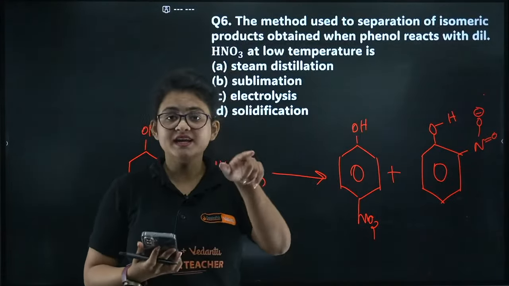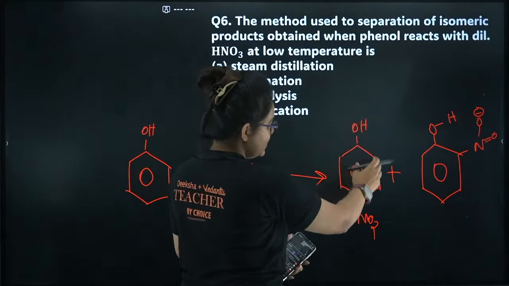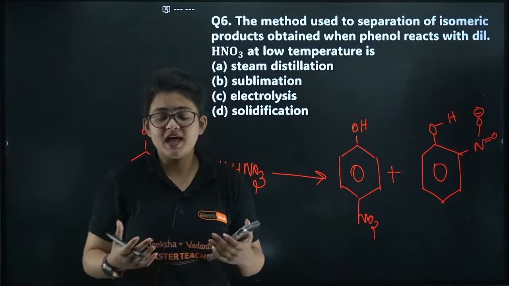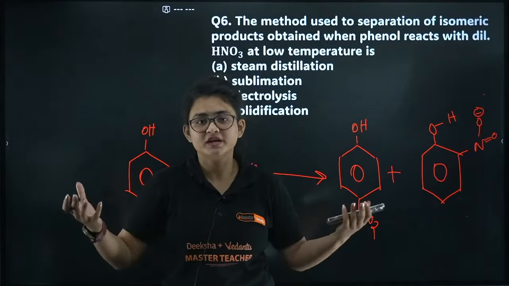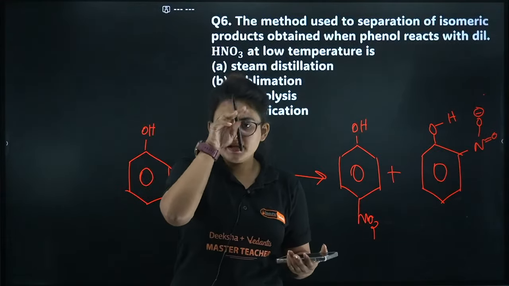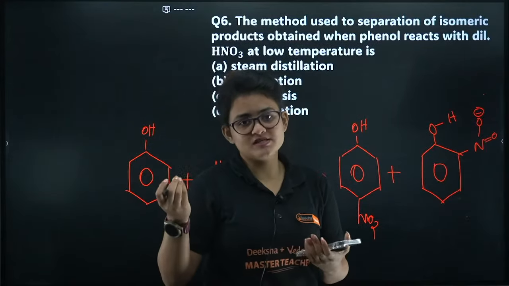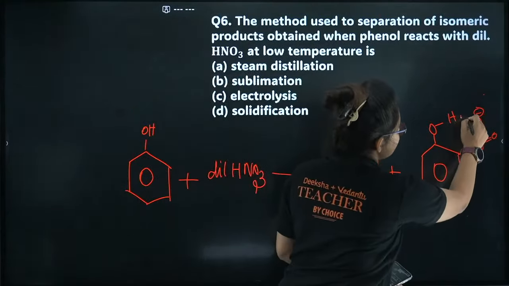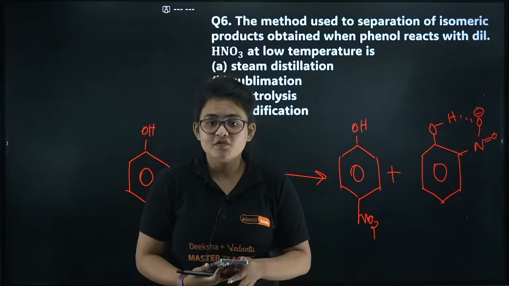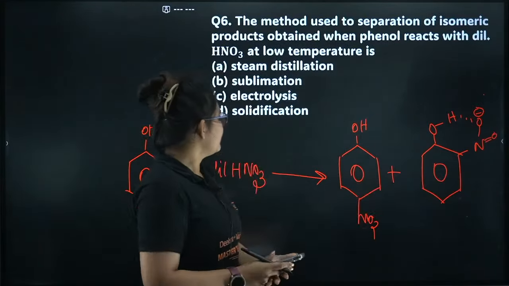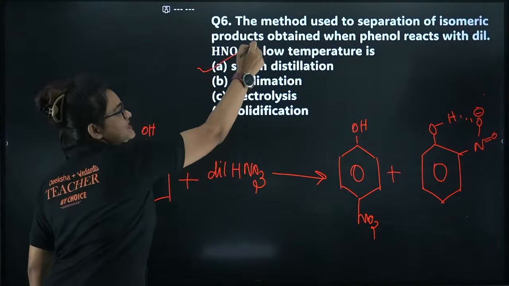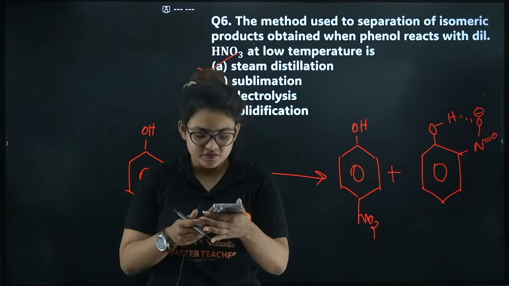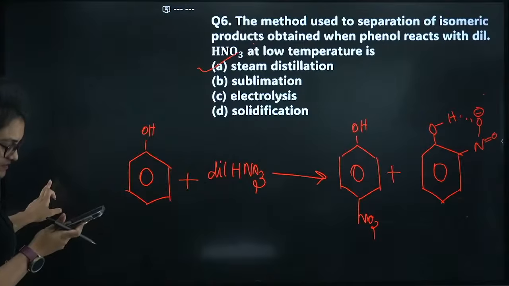So here you can see the para substitution is eligible for intermolecular hydrogen bonding, which means one para-nitrophenol with another. As a result of this, the overall relative molecular weight will be higher and it will take more temperature to boil. Okay, so the boiling point will be more. But for the ortho case, it can face intramolecular hydrogen bonding, right? So for this case, the boiling point will be low. So definitely for this particular case, we can use the steam distillation method, because the boiling point difference will be comparatively large. Okay, let's proceed to the next one.